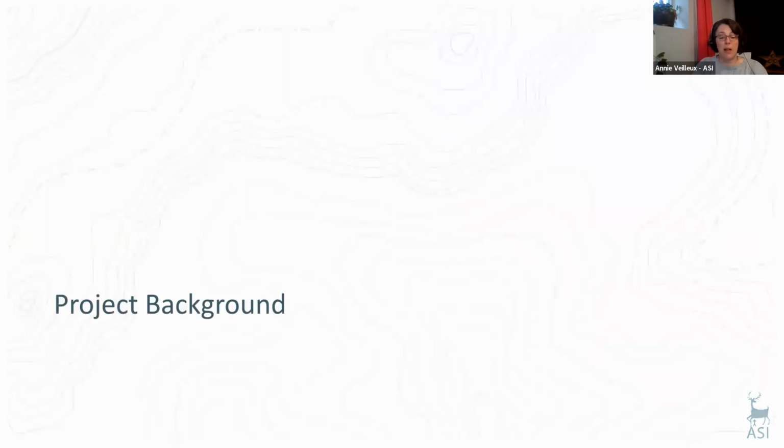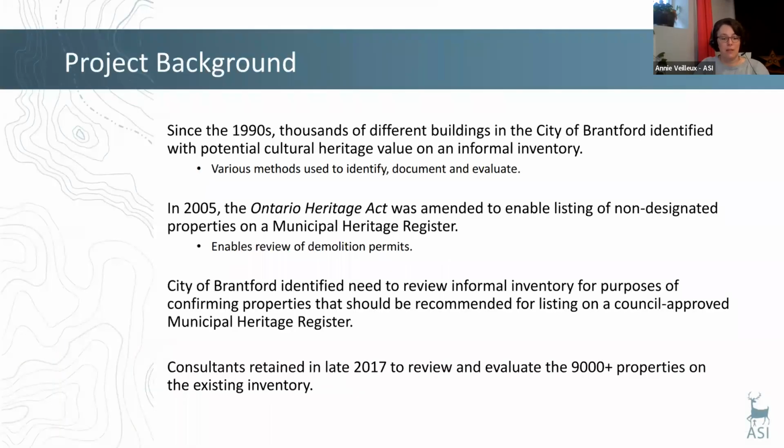Now that we have looked at how a municipal heritage register works, we would like to take you through the history of the City of Brantford's Heritage Register project. In the 1990s, the City of Brantford started identifying properties with potential cultural heritage value. These properties were documented through an informal inventory, and over the following 25 years, thousands of properties were added to this inventory. Throughout the years, various methods were used to identify, document, and evaluate properties that were added to the